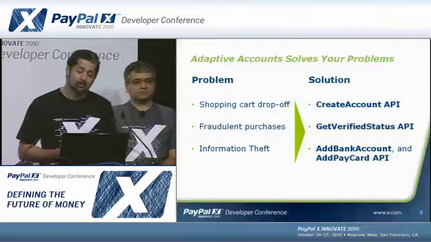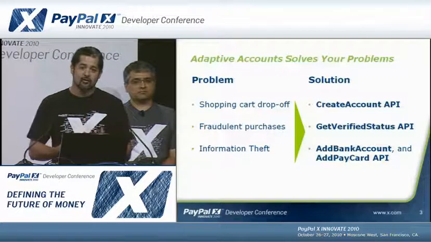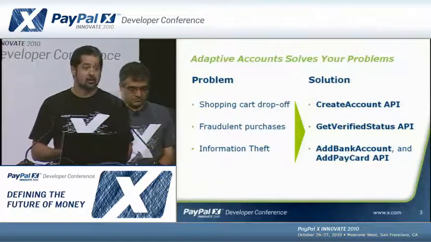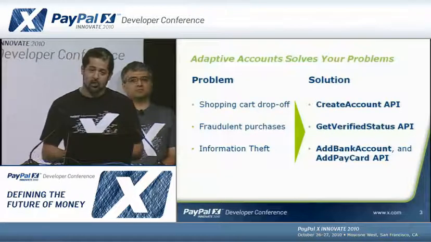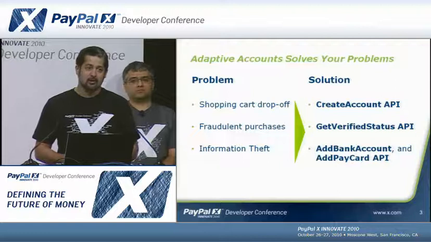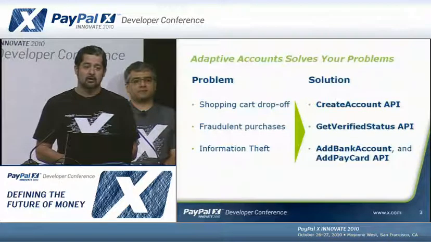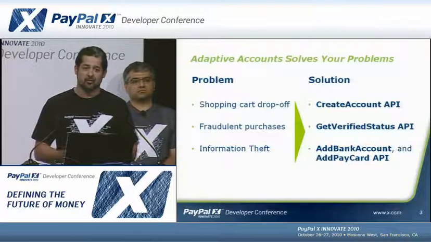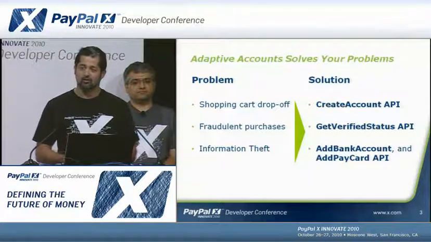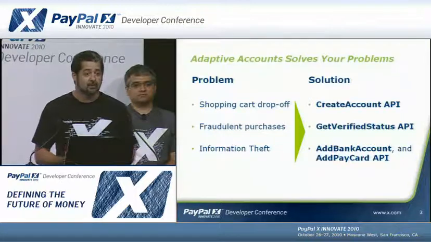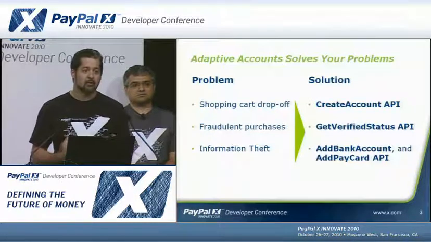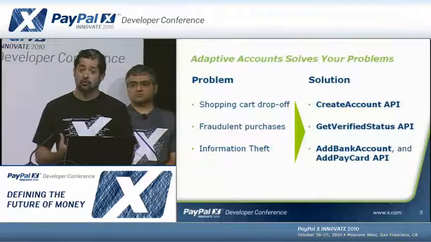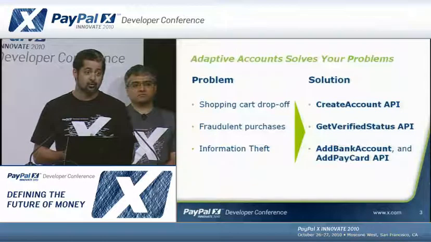The Create Account API essentially helps you streamline the account creation process within that user experience and not keep it disruptive. The second level of problems that we started experiencing, or a lot of these partners would experience, in particular those who were having phenomenal success with their applications and had a number of users come through, is fraudulent activity. And that's certainly something that you don't want to have to worry about. It's something that we can help you understand who these customers are, who these prospective users are.